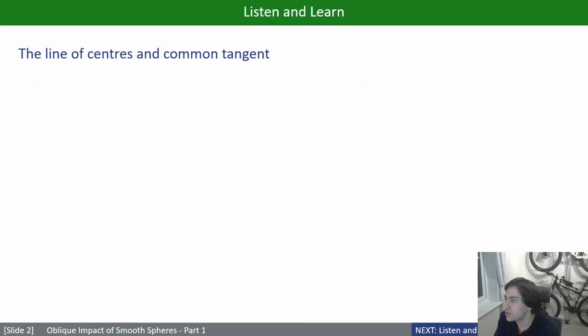So we're going to look at a few definitions now regarding this idea of spheres hitting each other and colliding. We'll define a few terms and then we'll see how they're useful. The two terms I want to define are the line of centers and the common tangent. Whenever you've got two circles or two spheres on paper in contact, there will be a unique line of centers and a unique common tangent, and they will be perpendicular to each other. To show you what I mean,